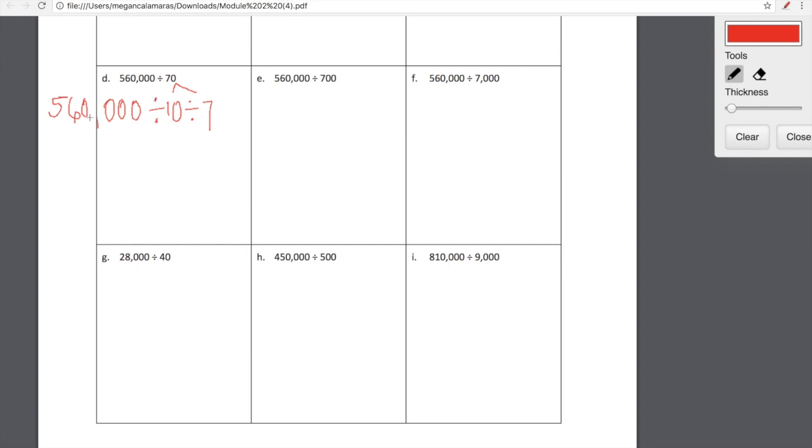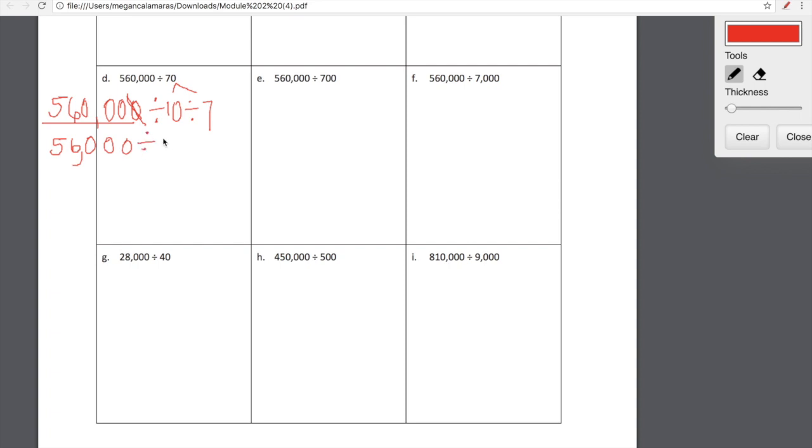So first of all, let's think about 560,000 divided by 10. 560,000 divided by 10 is going to look like 560,000 with one less zero, which actually is 56,000. When we divide 560,000 by 10, all of these digits are just going to shift one place value to the right, which is going to drop off a zero. Okay, so